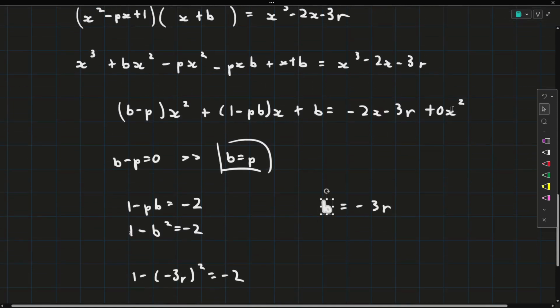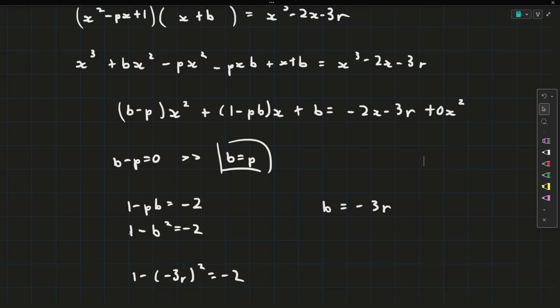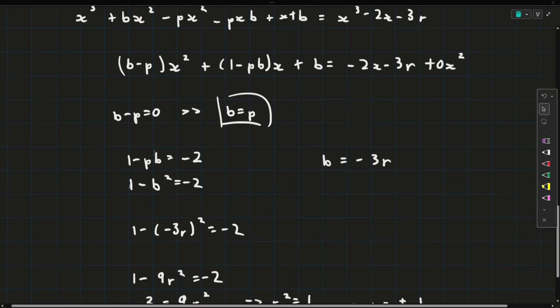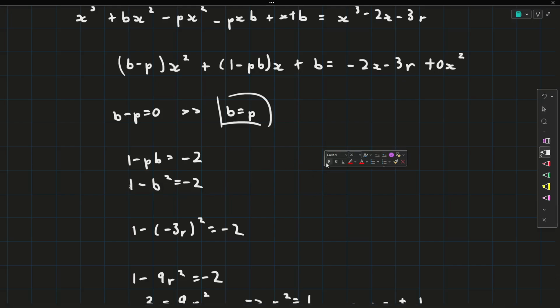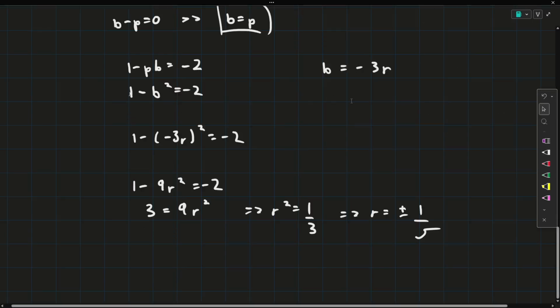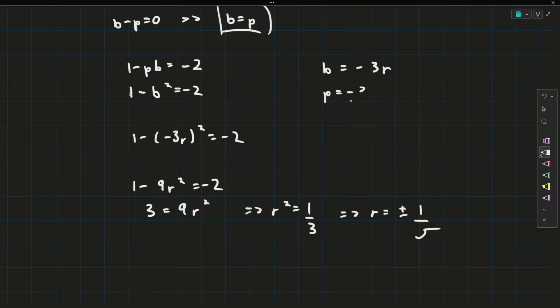So sorry, here we said b is equal to minus 3r. So really, if I was being clever, I should have replaced this b with a p instead of what I did, but it doesn't really matter because b and p are the same. I'll just leave it the way it is for there. So basically, b is equal to minus 3r, but also p is equal to minus 3r. So we want, remember, we want